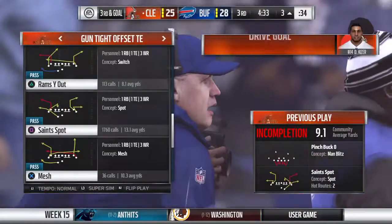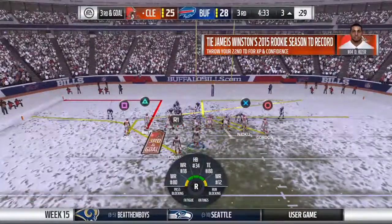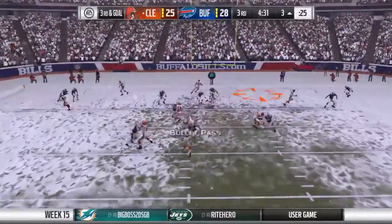So much of this game is about leverage. We always talk about low man wins in the trenches. Well, it's like that in just about every position. And sometimes, if you lose that leverage and you're losing the battle, just jump up at the line of scrimmage and try and bat the...